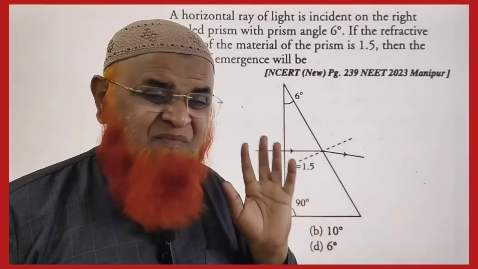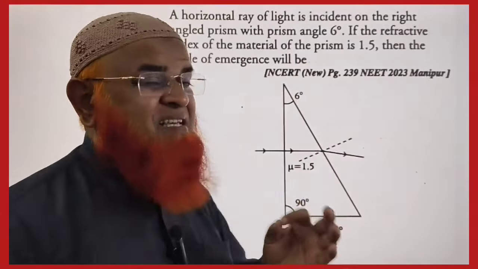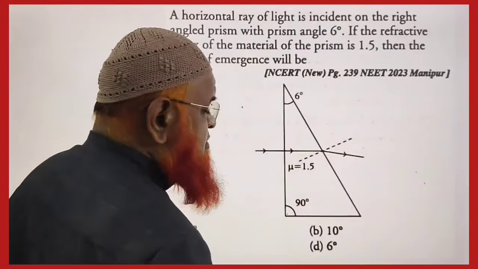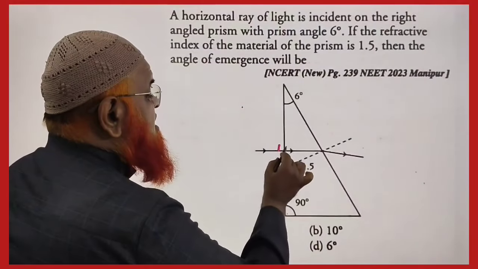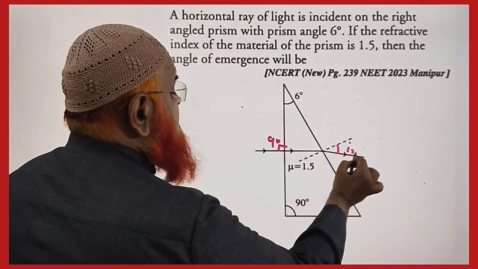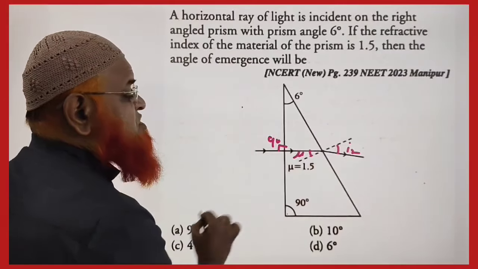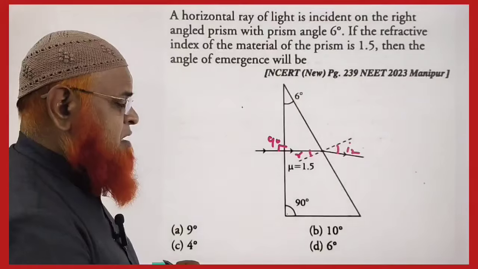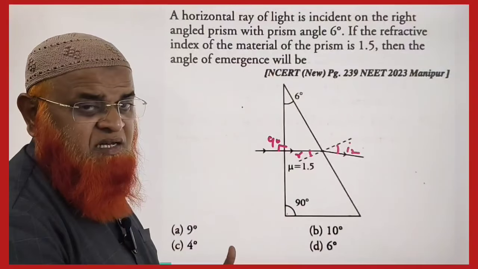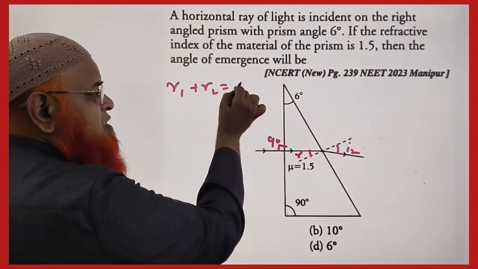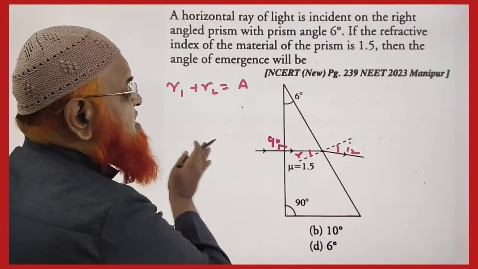इस प्रॉब्लम को करने का शॉर्टकट तो मैंने समझा दिया, अब इसके पीछे का फिजिक्स क्या है वो मैं समझाऊंगा आप लोगों को। अभी देखो ये थिन प्रिज्म है, राइट एंगल्ड प्रिज्म, और ये जो है ना परपेंडिकुलरली जा रहा है 90 डिग्री से, और ये हो गया एंगल ऑफ इमर्जेंस दैट इज टेकन एज I2, ये हो गया रिफ्रैक्टिंग एंगल, एंगल ऑफ रिफ्रैक्शन व्हिच इज टेकन एज R। अब यहां पर इसके पीछे का फॉर्मूला क्या है, यू ऑल नो R1 प्लस R2 इज इक्वल टू A, ठीक है।